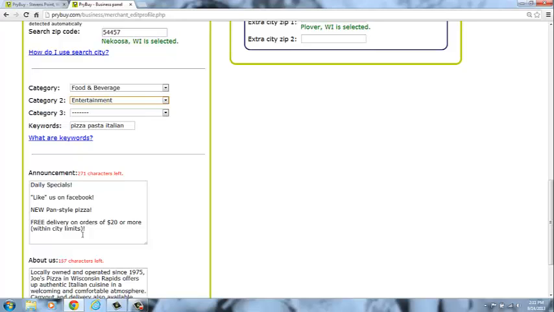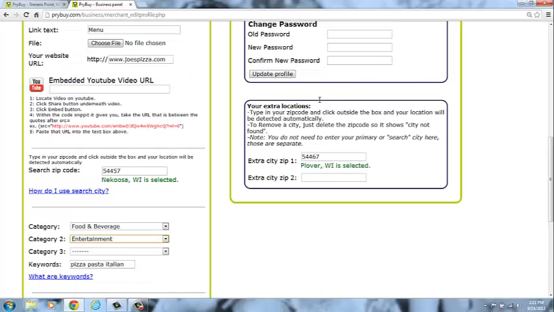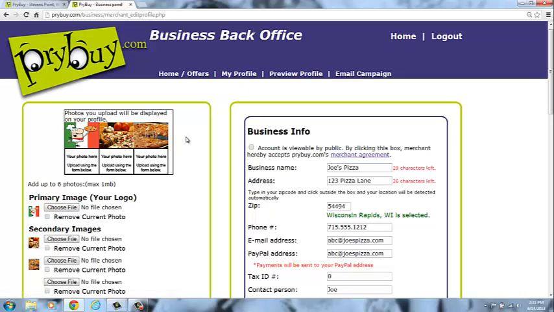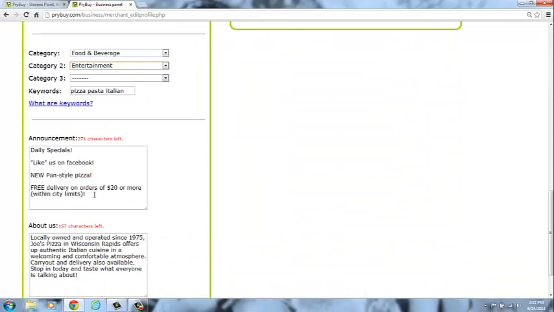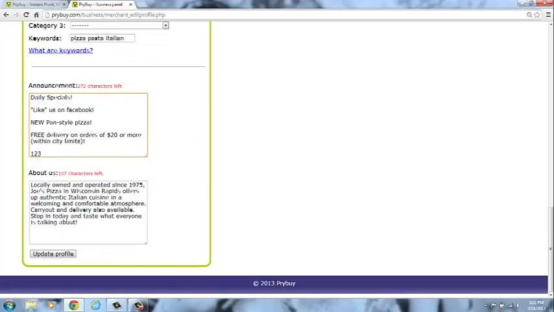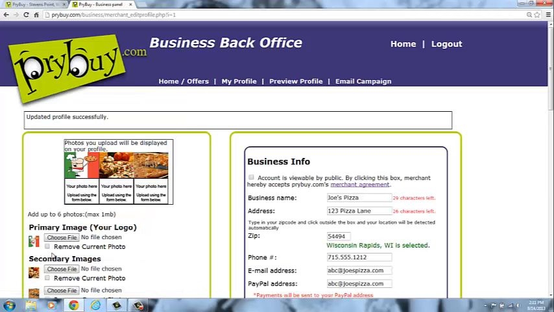To change this, it's as easy as logging into your account, clicking on My Profile here at the top of the page, scrolling down to the announcement box, typing 123 for example, and clicking Update Profile. Those changes are